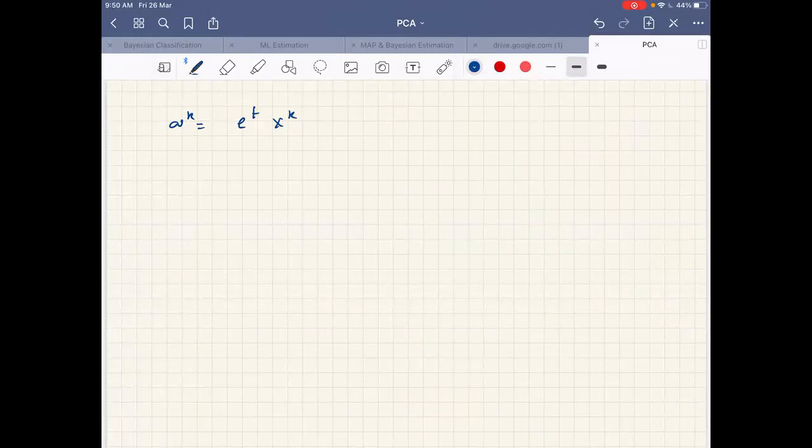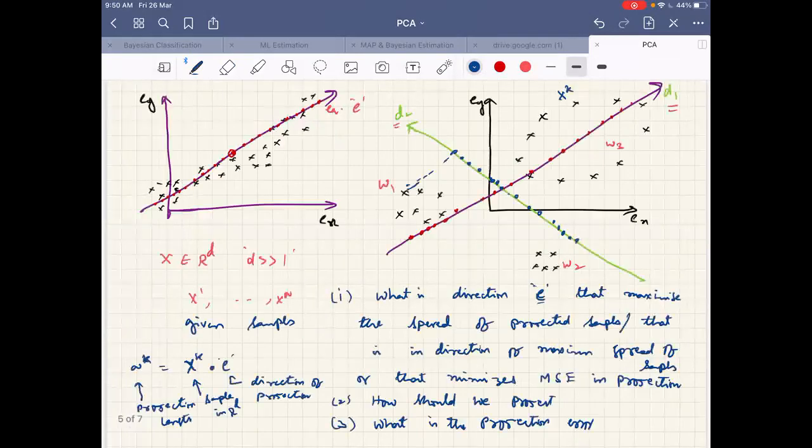I also want to subtract M, because if there are many samples, I can calculate the projection length from the origin or from the mean of samples. If this is the mean of samples, I can calculate the projection length from the mean.